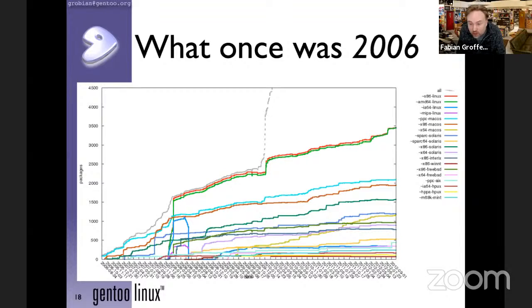which includes a couple of the Windows platforms, and well, anyway, the Mint one is the Atari one. The fun out of this whole thing is that if you look at it very carefully, you see that on the left, when it all started, the PPC macOS one was the top leader, and it actually towards the end still is. That is, of course, because that was my Mac. Yeah, the Linux ones that jump in somewhere at 2008, that is because we joined it with the main Gentoo tree, and of course we inherited all the Linux support, which originally was all x86, and then at some point AMD64 took over, of course.